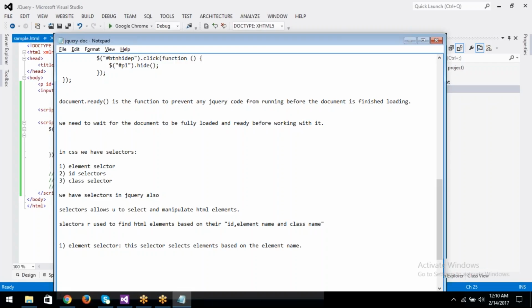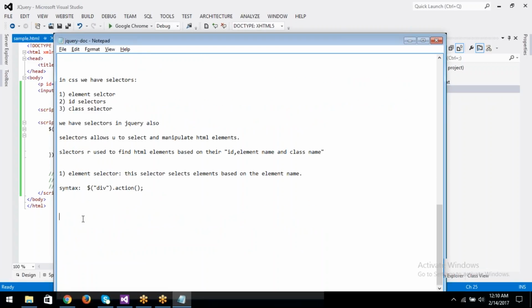Directly we can use the element name. For the syntax, use the dollar symbol, and if you want to find a paragraph or div element, directly use the element name, then dot action, the action to be performed on the HTML element. So for example,